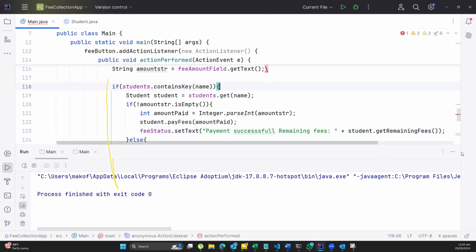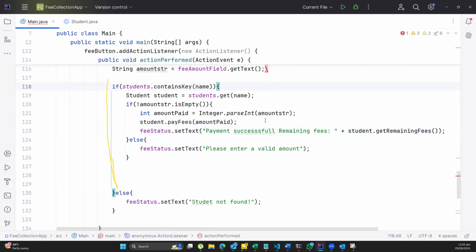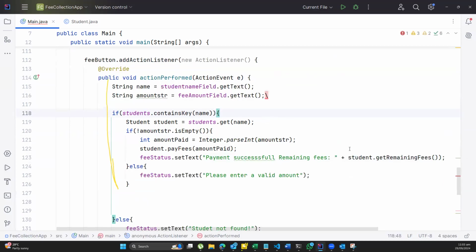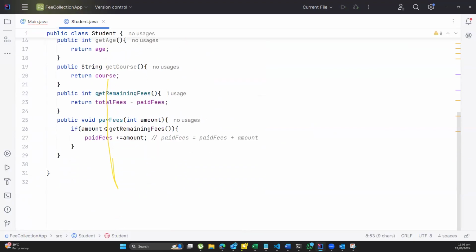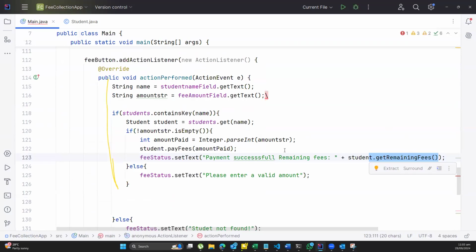So you see the joys of programming with object-oriented is this. The moment I said get remaining fees, it means the computer will come here, go and look for get remaining fees, and subtract the total fees from the fees the person has paid. As to what's the fees the person paid and whatever, I do not care. All I want is the remaining fees. So how you calculate it, I do not care. So back in here,